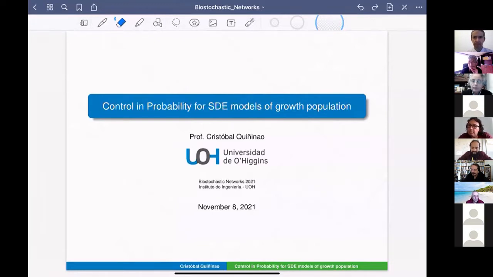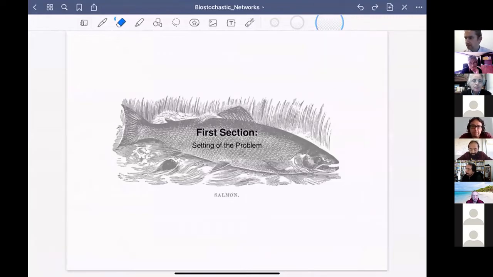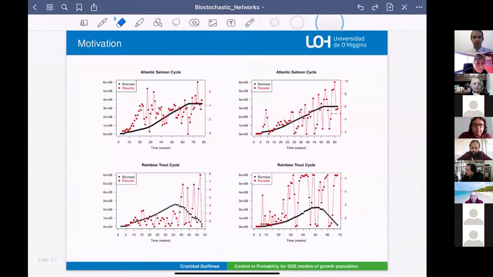I'm going to show you a trip. It's just a work that we just finished with a couple of colleagues, and it's based on a very important question that we have here at the south of Chile, which is the production of salmons and rainbow trout. And this problem and this mathematical setting that I'm going to show you started just with a conversation with a colleague from the agronomic department, who is telling us that he has a huge problem